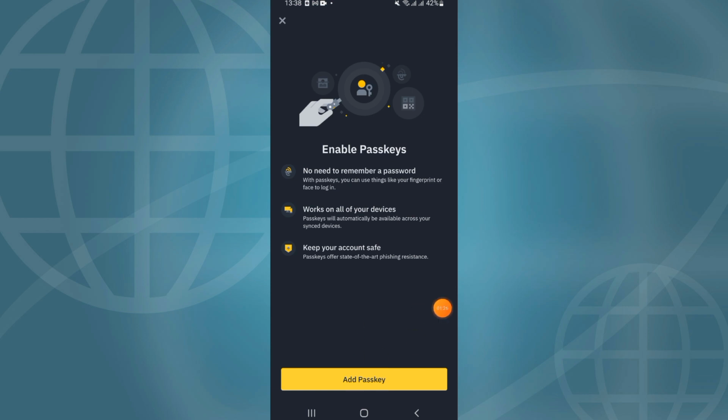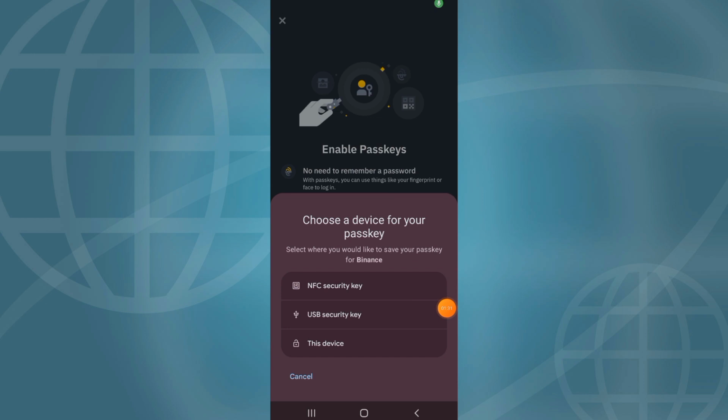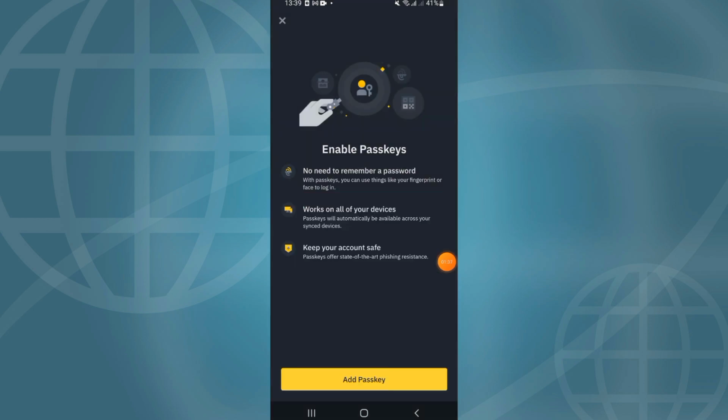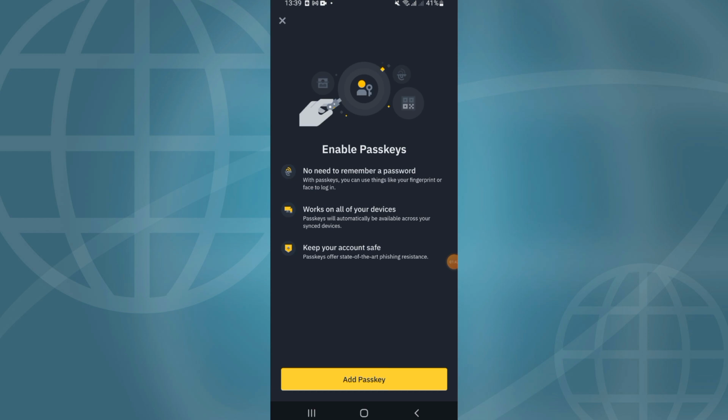Click add passkey and choose one of these three options. For example, the key of this device that I will use for my passkey on my Binance account. I will verify